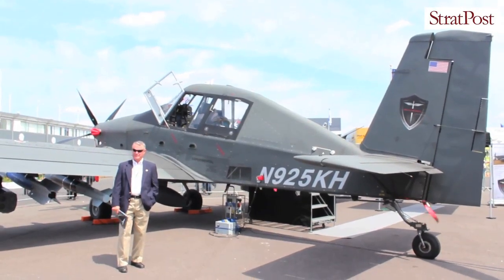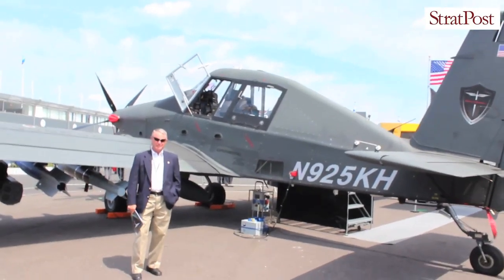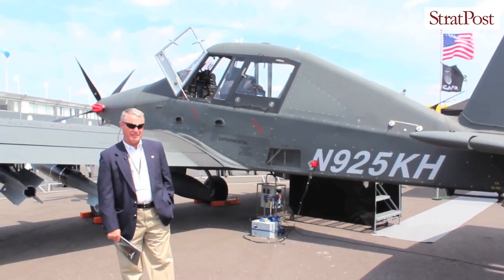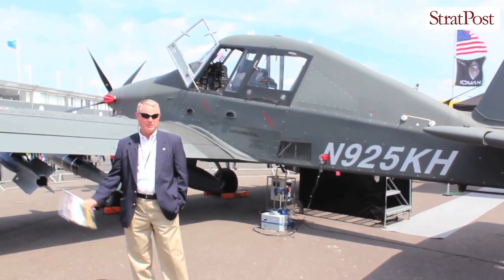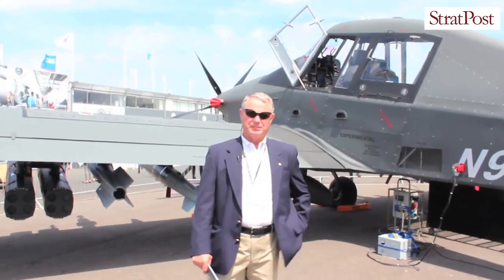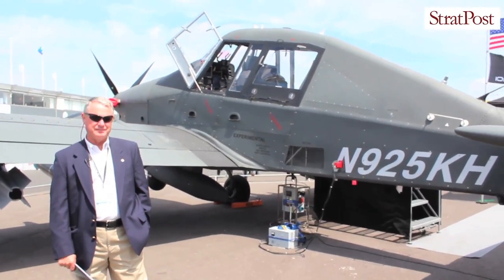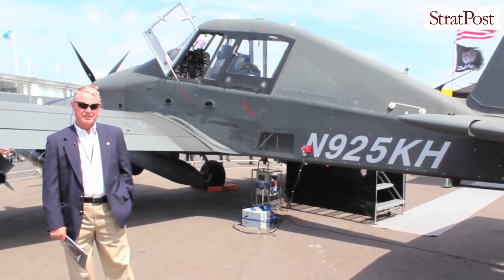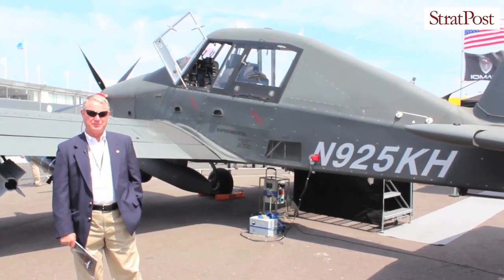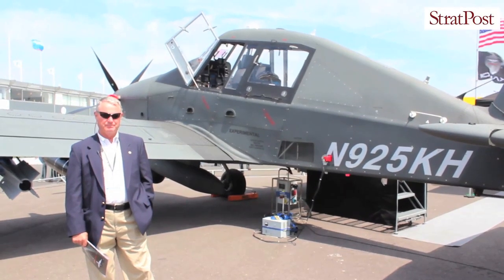We take delivery as a green aircraft, and then we take it to our facility in Mooresville, North Carolina, for integration and arming. It's developed by IOMAX with IOMAX proprietary tactical systems computer, IOMAX proprietary armament control systems, and it's basically built to fulfill the need for a light to medium attack COIN aircraft, counterinsurgency aircraft, and provide close air support for ground troops. Has approximately 10 hours of endurance for a persistent ISR capability, so it gives you plenty